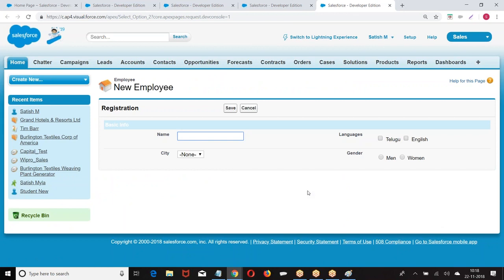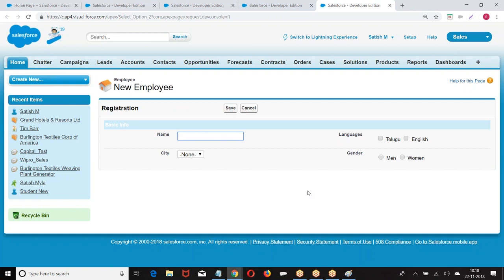The next extension of this topic is how to send this data to the Apex class. Now we have created the form and got the UI. Our intention should be sending this data to the Apex class, storing the data, performing some logic, and getting the output. Whatever data I entered here, how to capture it in the Apex class, perform the logic and display it will be the next part of the story. From now on, everything we take is a combination of Visualforce and Apex. Every Visualforce concept is introduced with a combination of Apex. There are still many components, but we will be learning them along with Apex.